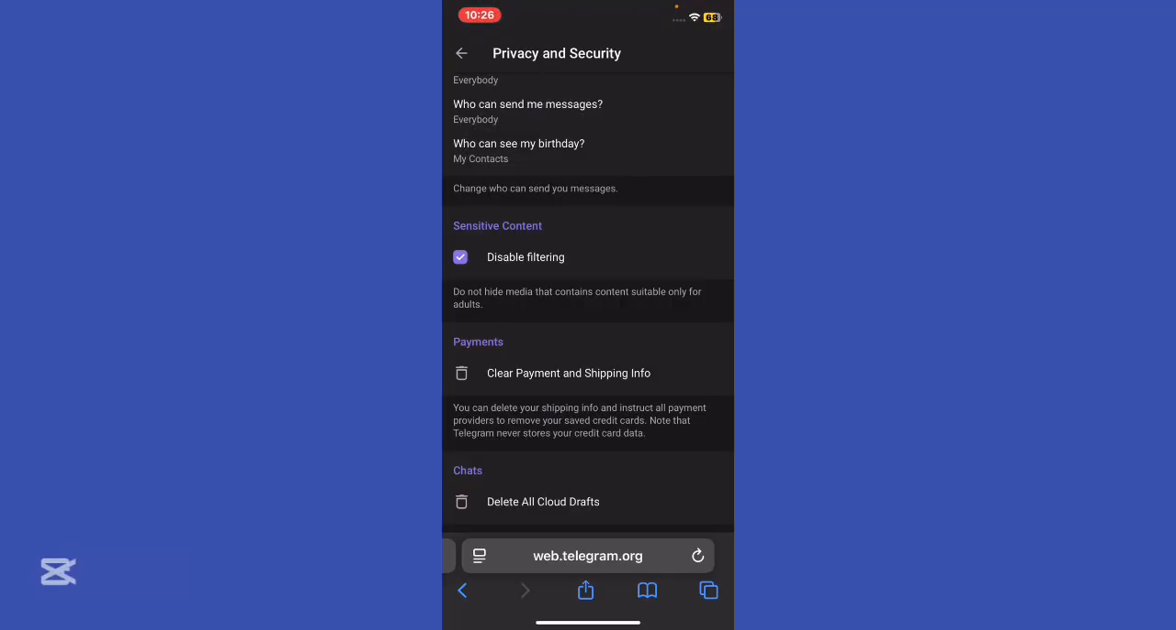If that doesn't work, try basic troubleshooting like restarting the app or device, or clearing the cache, or checking your internet, or reinstalling the app. So yeah,